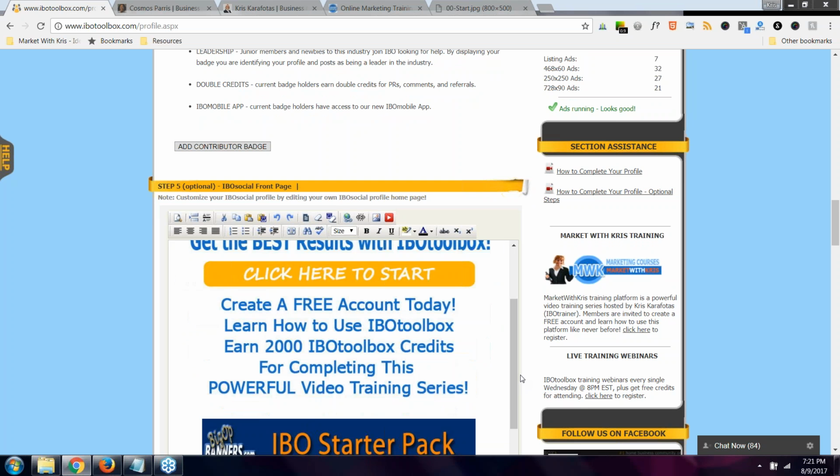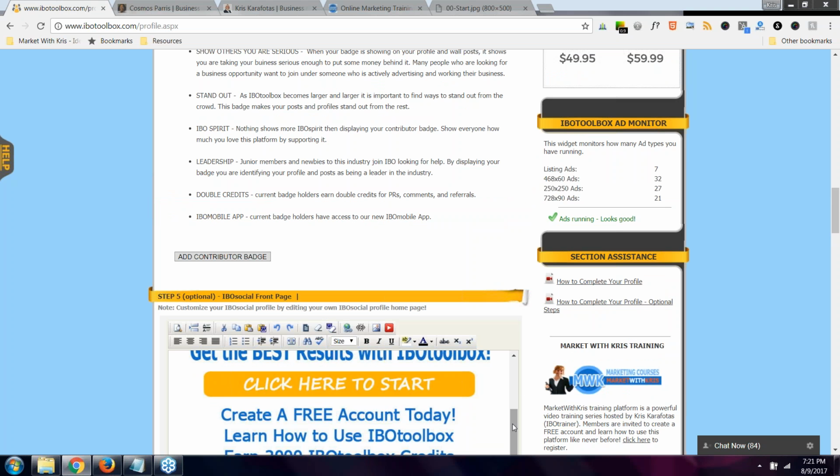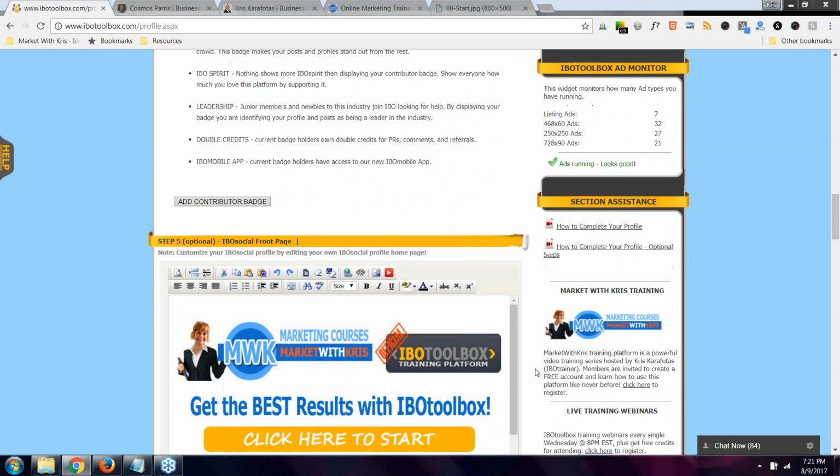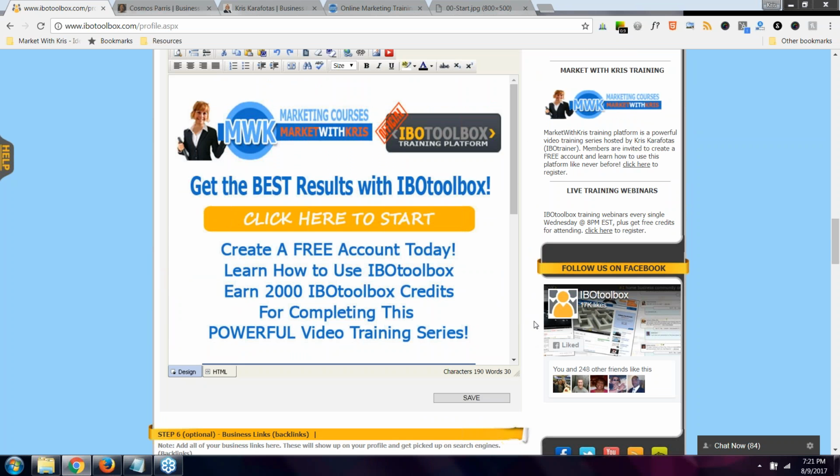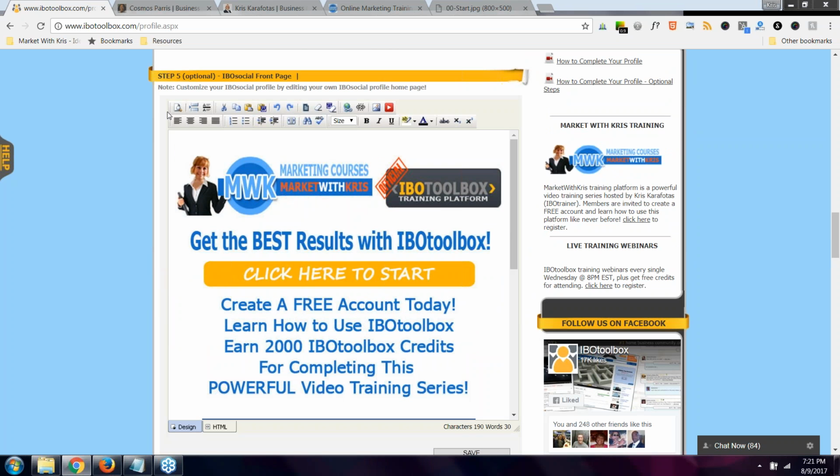Step 5 is customizing your IBO social profile page. You can do that with graphics, video, text, all kinds of things. There's a design editor, which is what this is up here. So you can just click on a button, add a video.